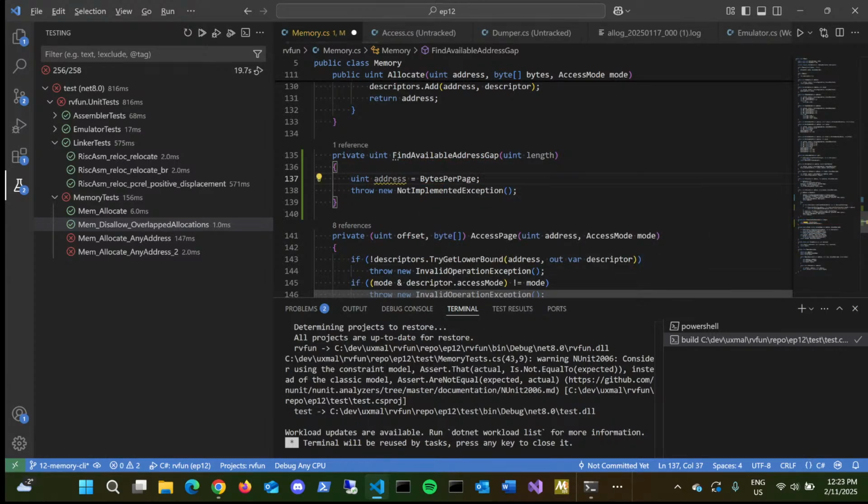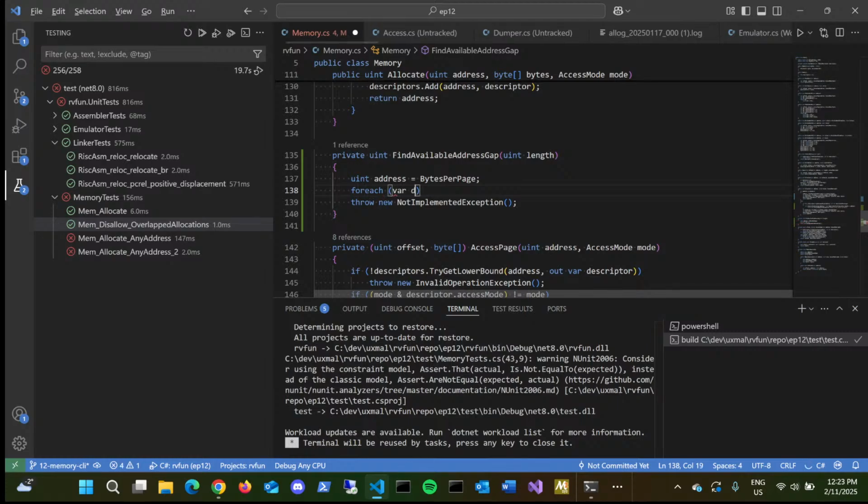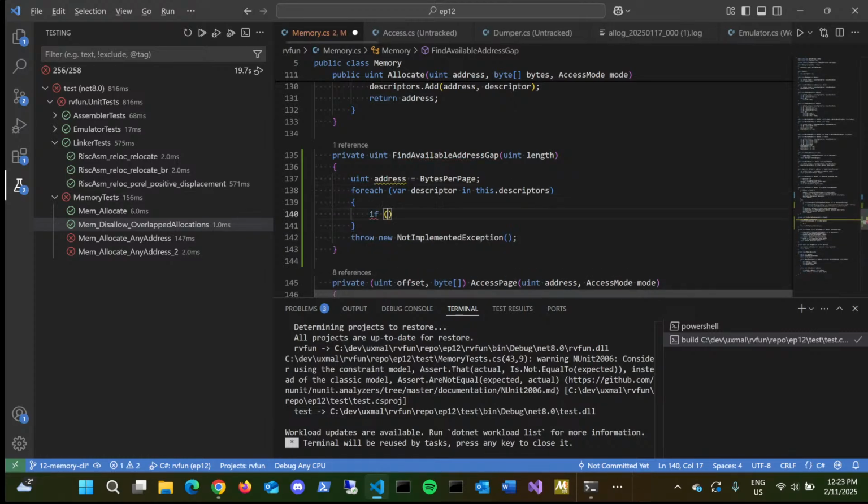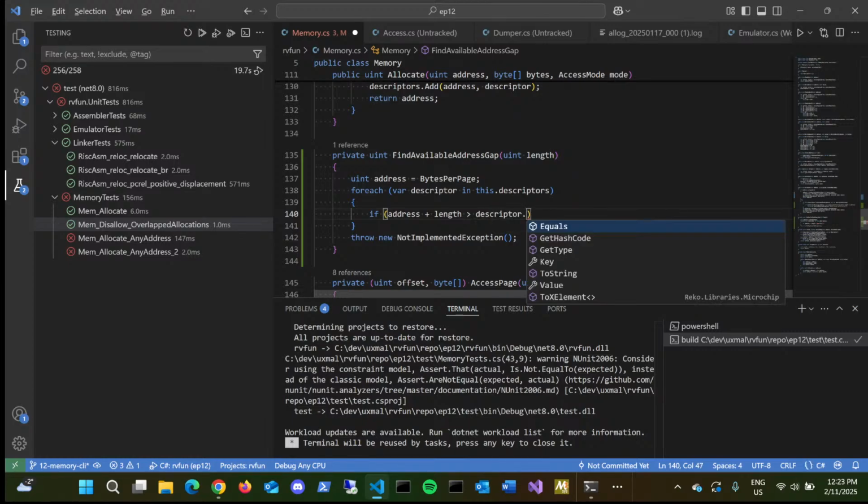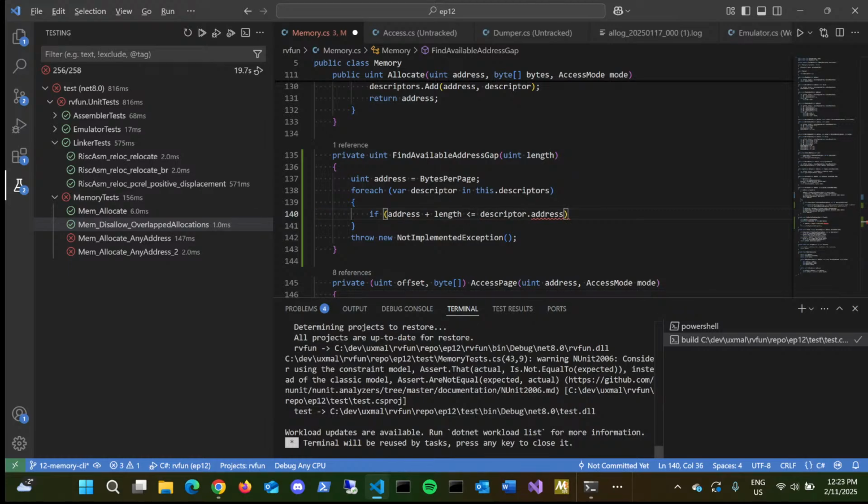That's our minimum starting address, and then we do a for each of our descriptor in this dot descriptors, and we say if the address that I am asking for plus the length of the memory that I'm asking for is bigger than the descriptor's address, then I'm overlapping with it. So I have to continue. But if it is less than or equal to,